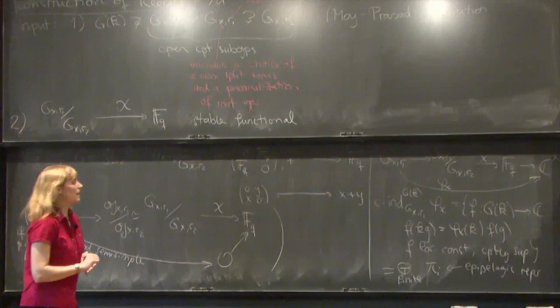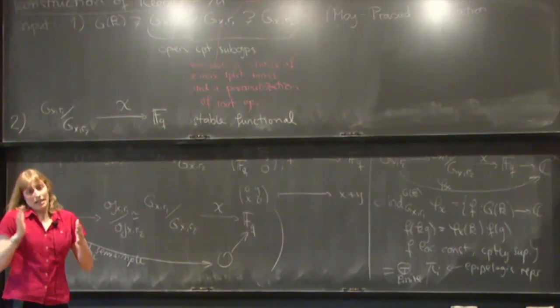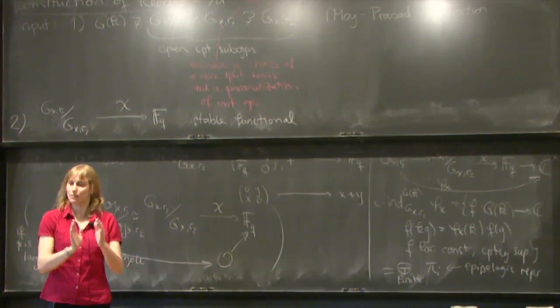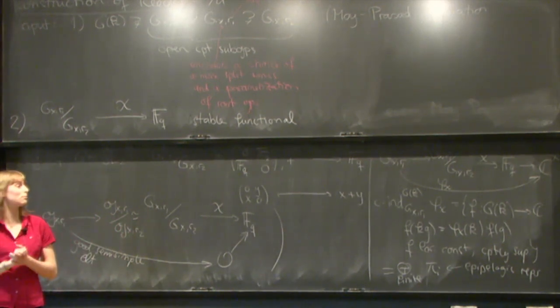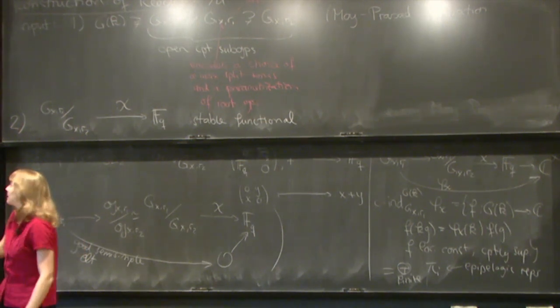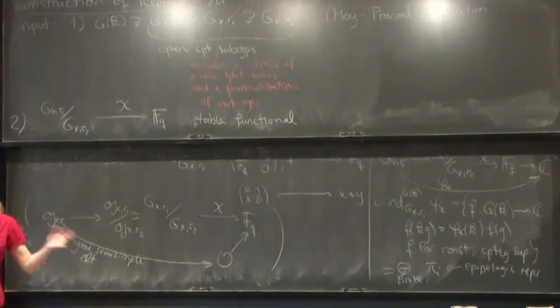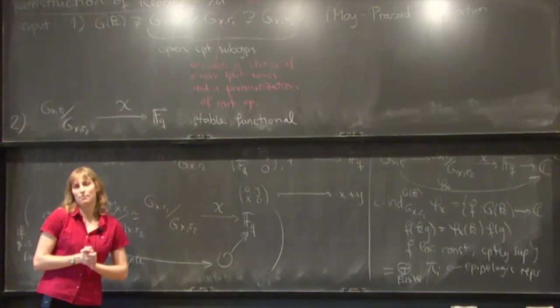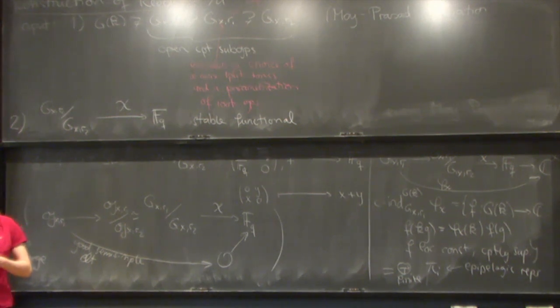What Jeff Adler and Jiu-Kang Yu do, or more Yu in general, is he takes not only one group, but he takes Levi subgroups of his groups, takes characters of all these Levi subgroups, or actually twisted Levi subgroups, so Levi's after an extension. He takes all these characters together, and he takes a depth 0 representation, so this depth 0 part, which was a representation of a finite group, and puts everything together, builds a compact open subgroup out of this, which is larger than just this filtration subgroup by Moy and Prasad. It's built out of a lot of filtration subgroups for the Levi subgroups, and then he induces this up.